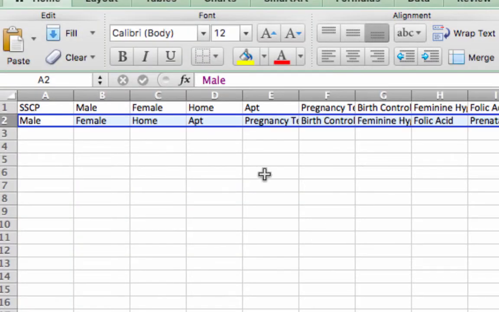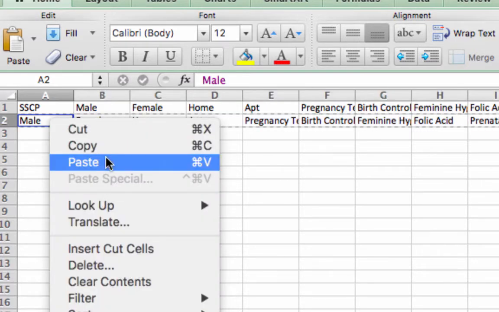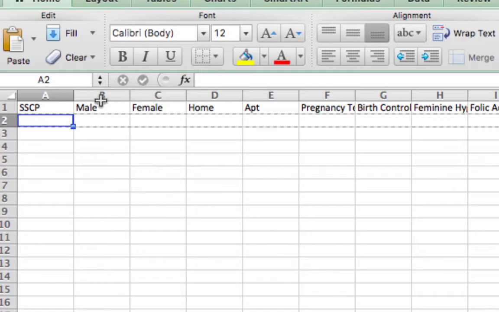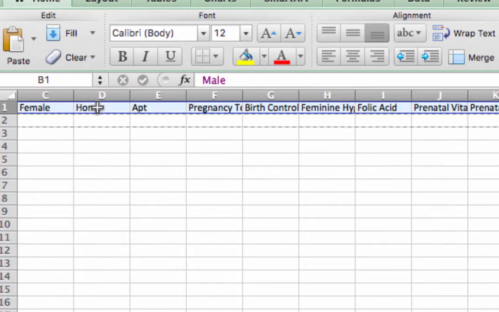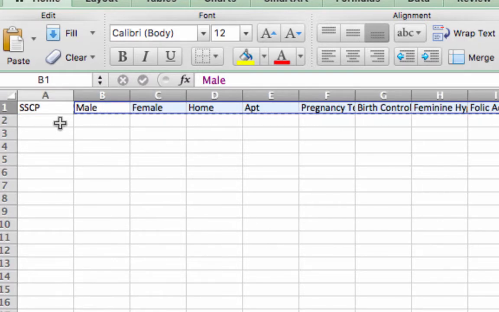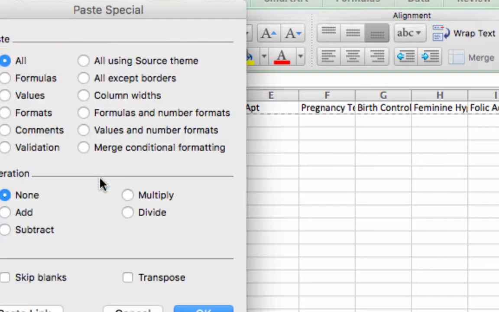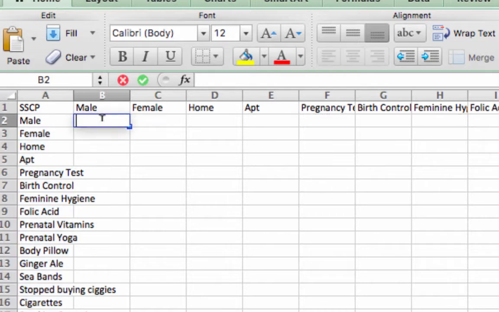I'm going to try Control X. What I'm trying to do is paste this out as a column. Let me try that one more time. Sometimes the paste special feature doesn't give me the same options as it usually does. Here we go. Okay, so I will transpose that using the transpose feature here. Click OK. And all right, so now we have